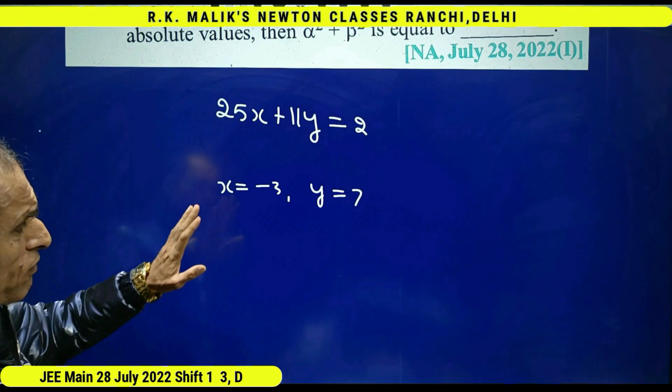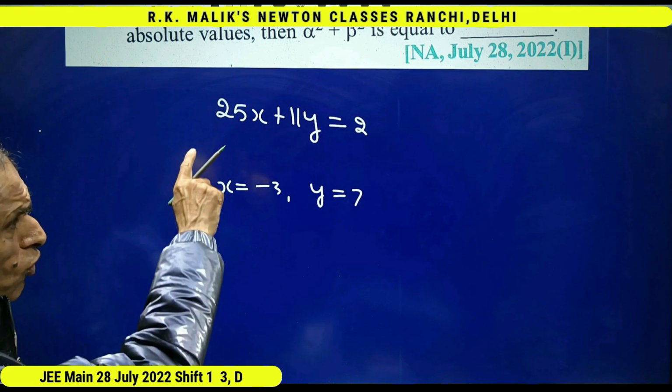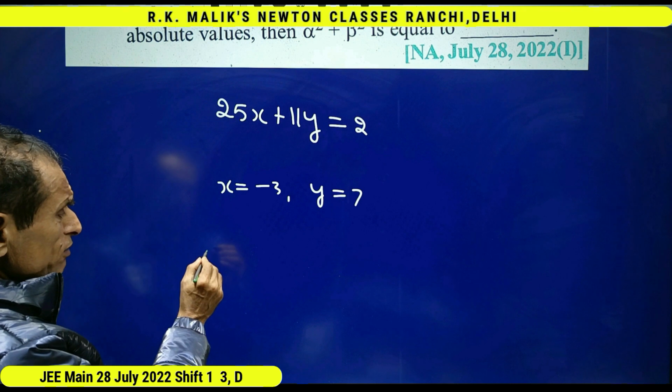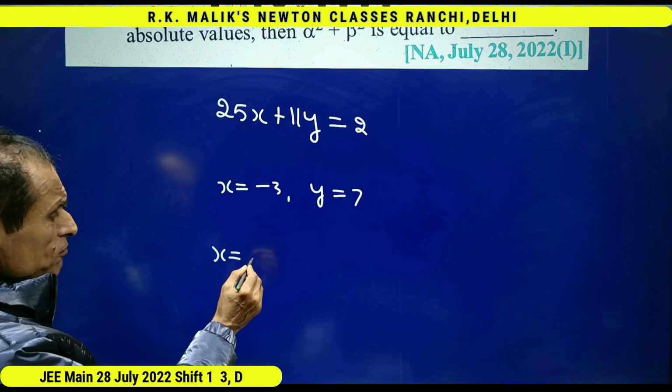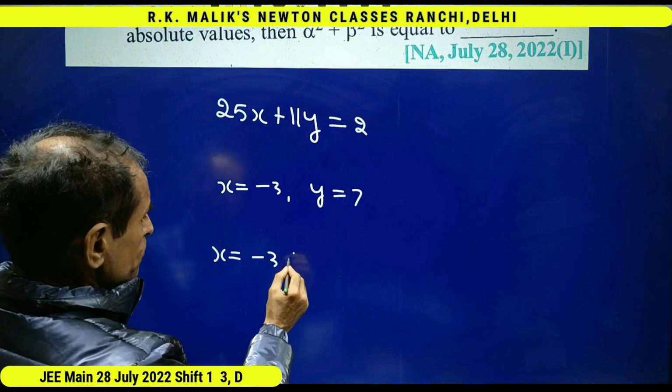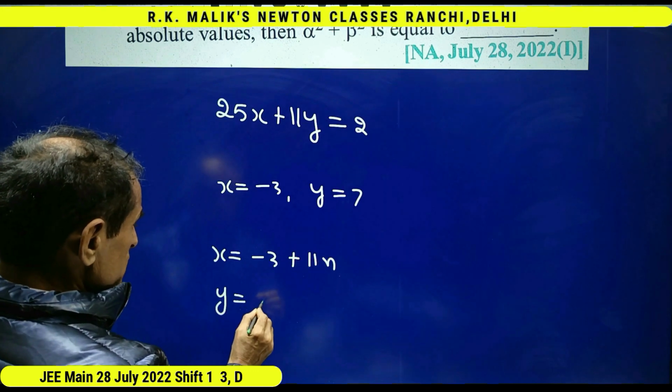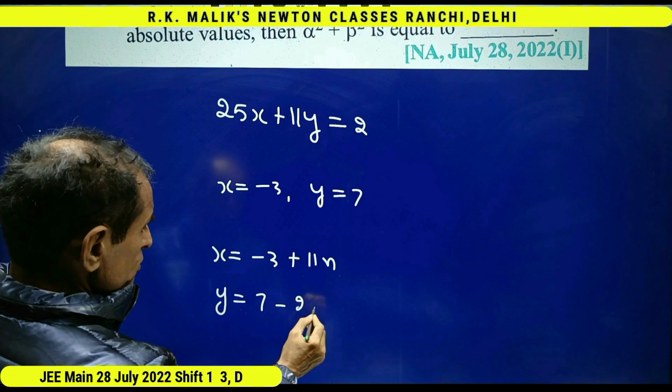And if even one solution is known to you, you can get all the solutions by taking the value of x as minus 3 plus 11n and y equal to 7 minus